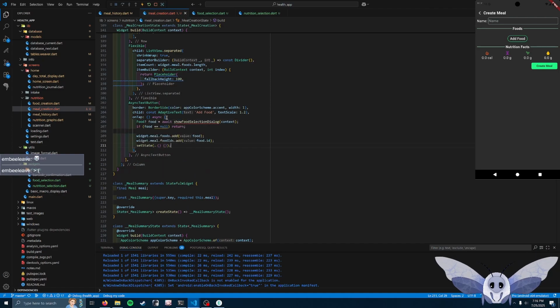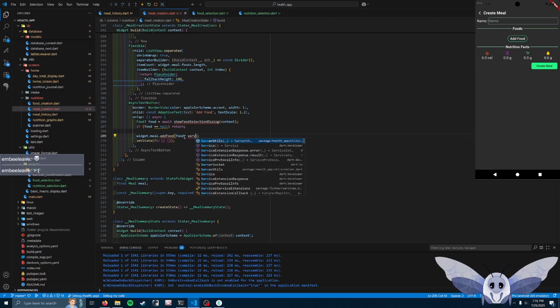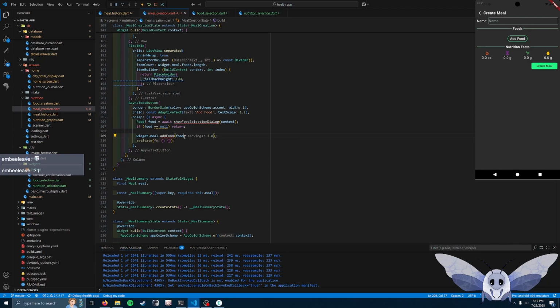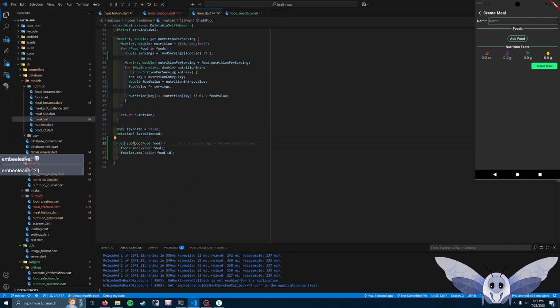And we'll do this. Let's make a helper method for add food. And we'll not bother with getting a serving. Create method, add food. And if servings doesn't equal null,